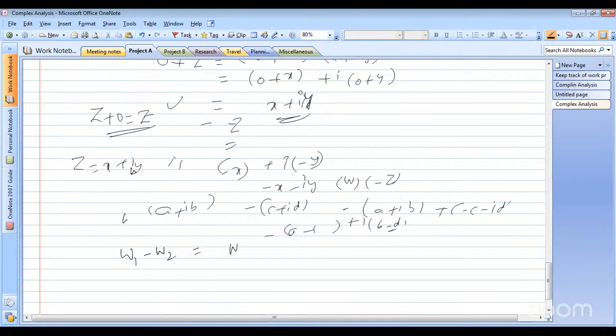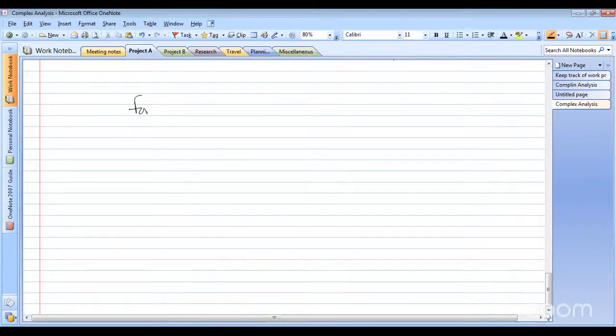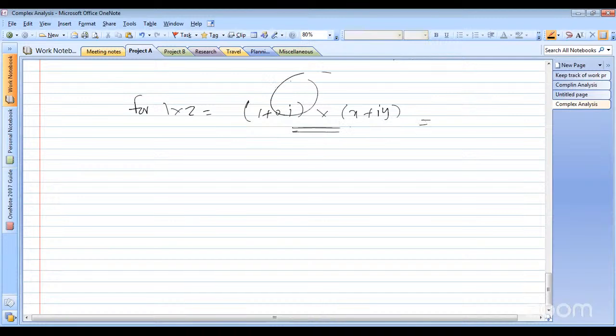w2 is equal to w1 plus minus w2, where w1 is equal to a plus ib, and w2 is equal to c plus id. The multiplicative identity is (1, 0), which is 1 plus 0 into i. So for 1 into z, z is equal to x plus iy, so (1 plus 0 into i) into (x plus iy). This 0 is automatically 0,